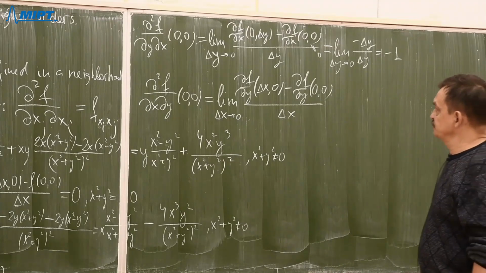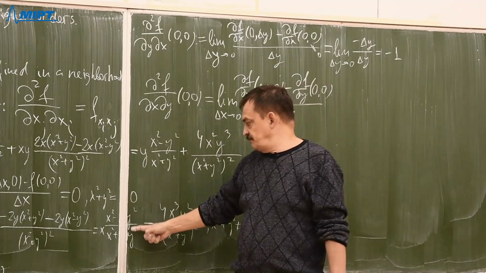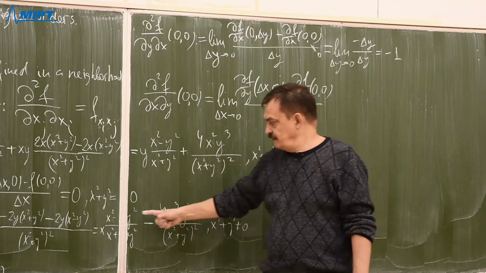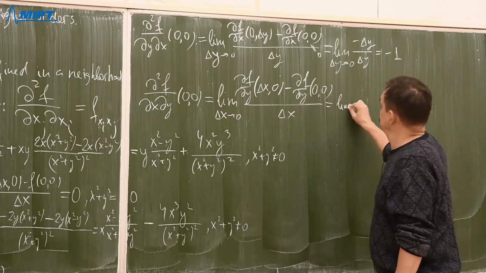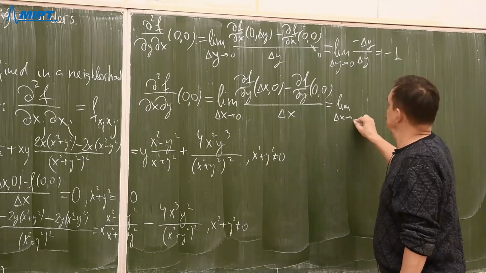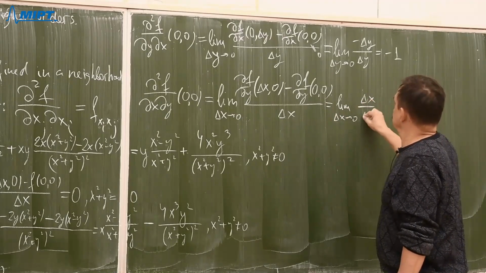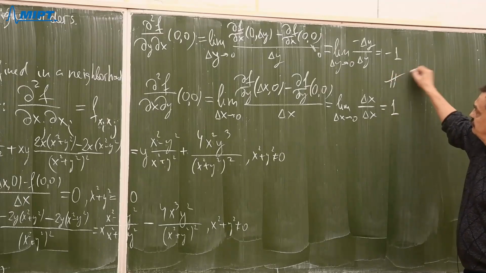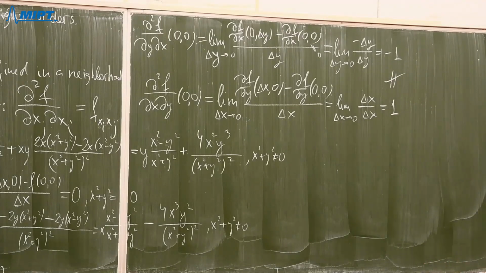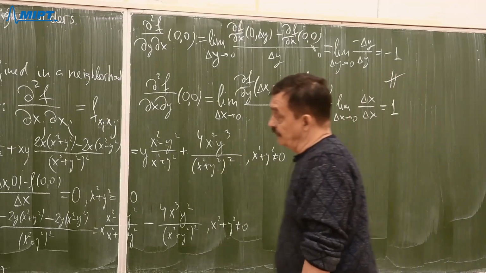So here I should substitute y equals 0. It gives only delta x, that is the limit as delta x tends to 0 of delta x over delta x, and that is 1. And they are not equal. They are not equal. So, in general,